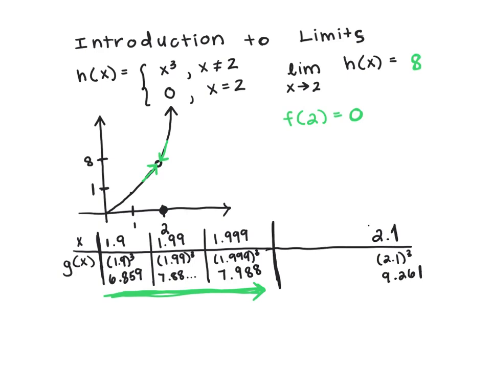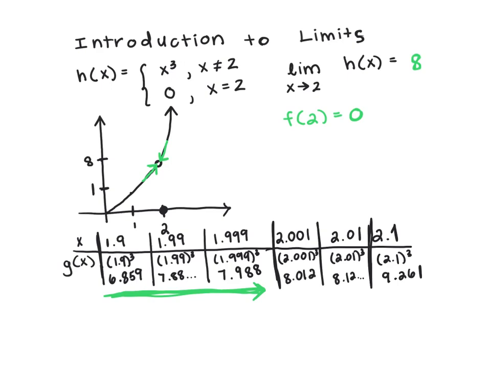9.261. Okay, and then we're going to take a step closer. To get a step closer, I have 2.01. And again, the value of my function here is 2.01 cubed, which is 8.12 dot dot dot. And then we'll take one more step closer, 2.001. And here the value of my function is 2.001 cubed, which is